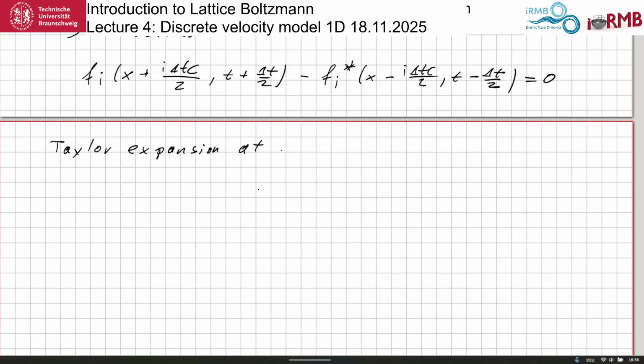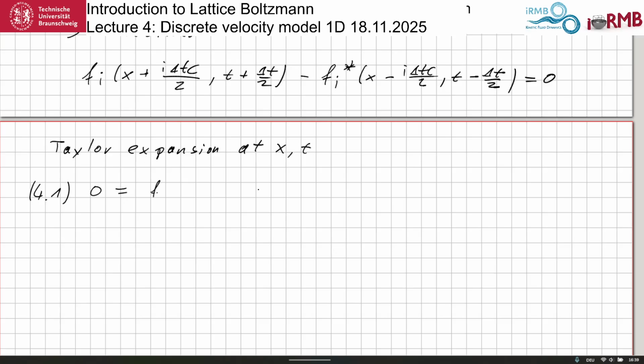At the points x and t. So x and t is at the nodes. Yeah, so it's at the node and at collision time. So we call this equation 4.1, and I put the 0 on the left-hand side, and when I expand